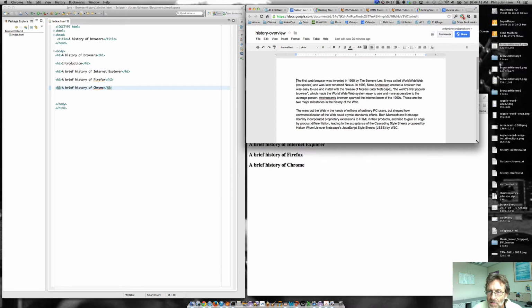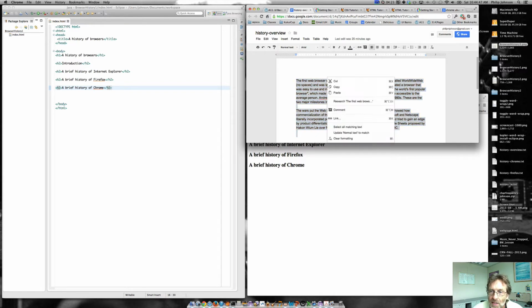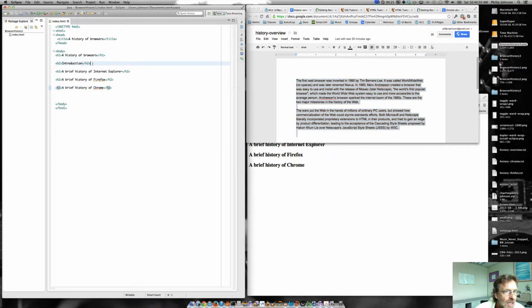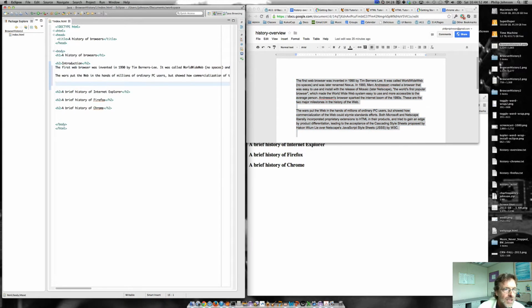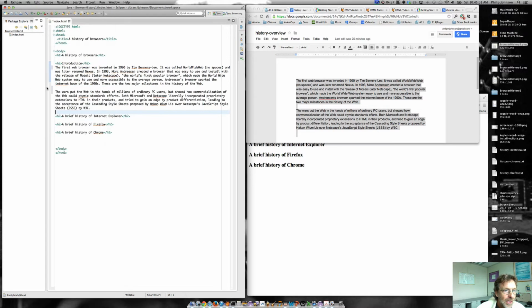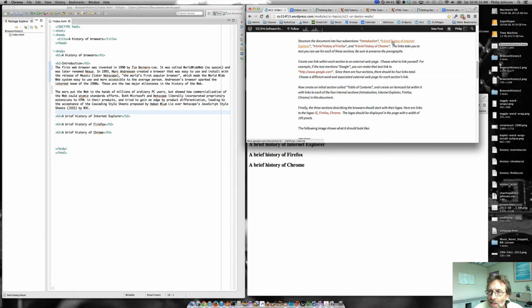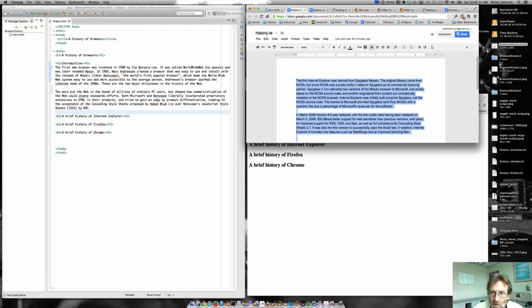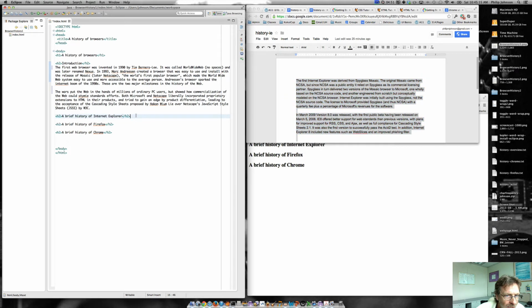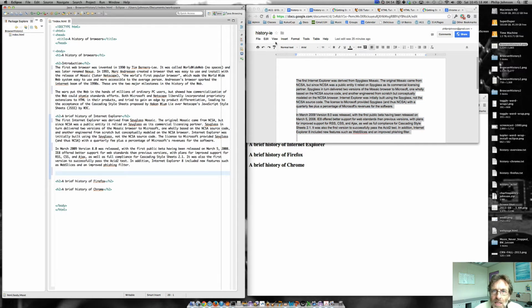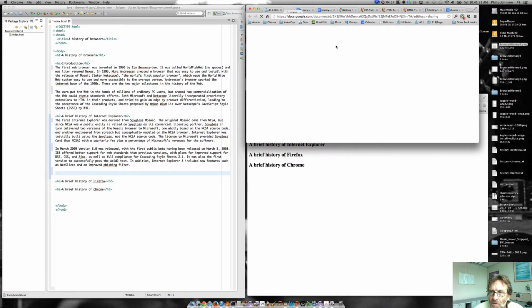Okay, and then we see we've got some text here. This is the overview section, so I'll select this, copy, and that's the introduction, and then I paste it in here. And this is where you can see that it's super useful to have that word wrap plugin. Okay, so now we're going to enable word wrap, and we can see the actual text. Okay, so then going back to here, that's the introduction, Internet Explorer. Do the same thing, copy and paste,